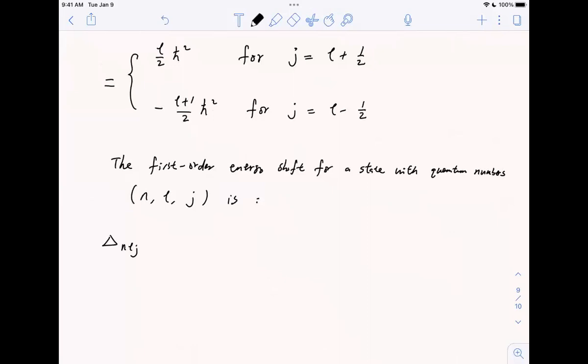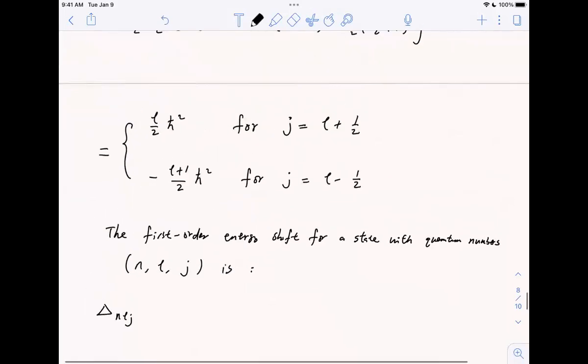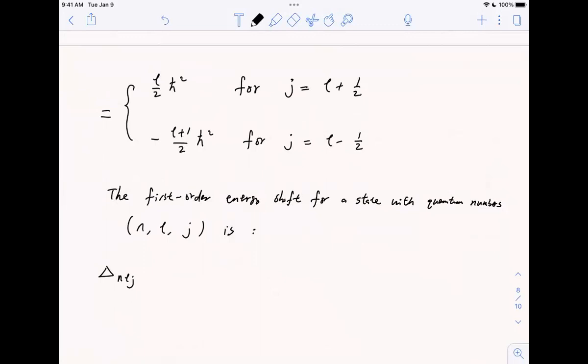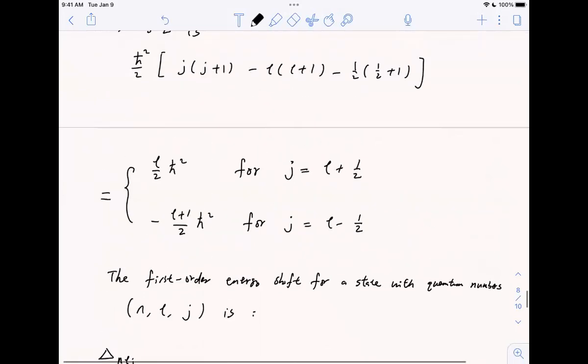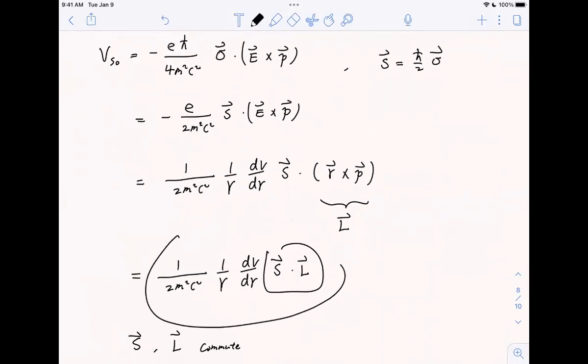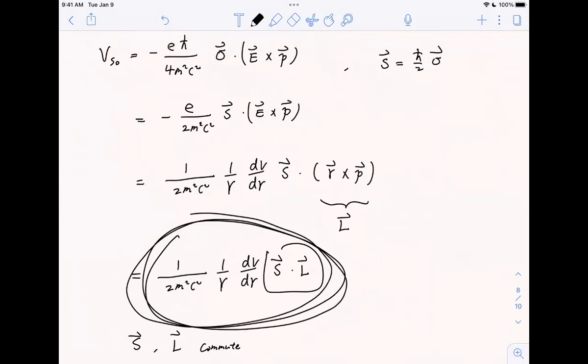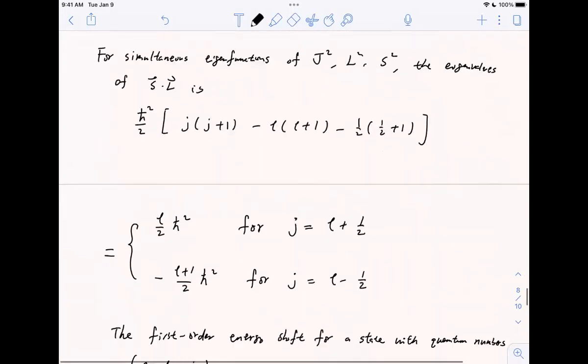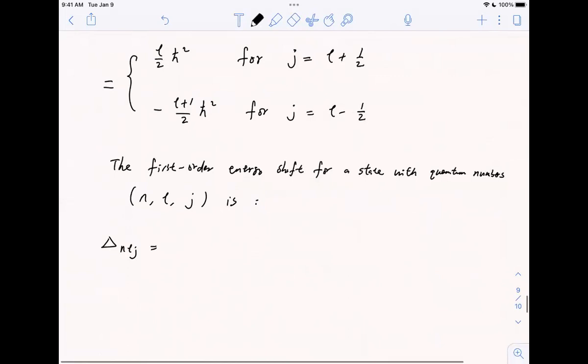Because in an atom, you have these quantum numbers NLJ. And because this L is here, so you use NLJ. Then we just plug this in. This will give you the energy splitting due to spin-orbit coupling, then you get a result like this: